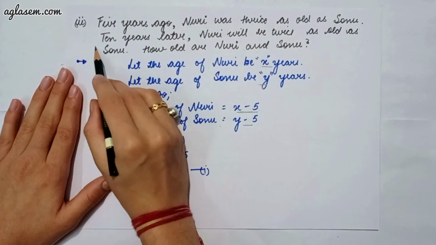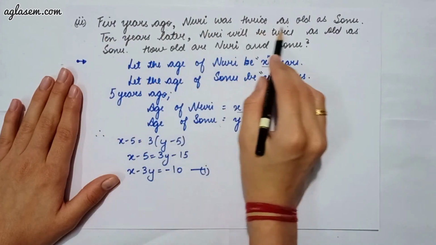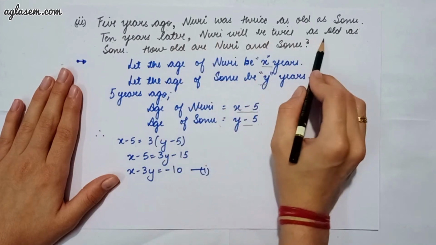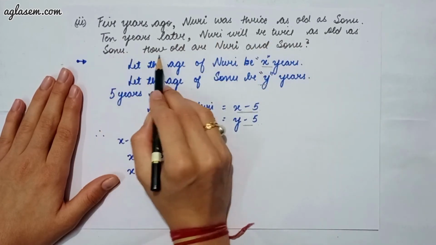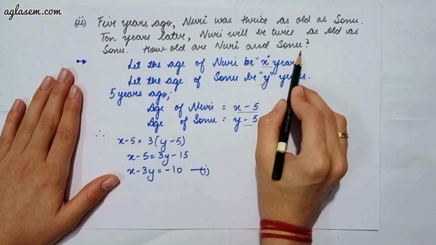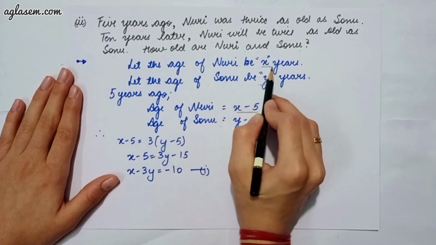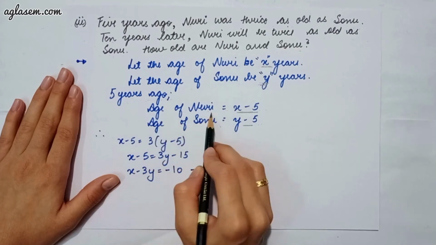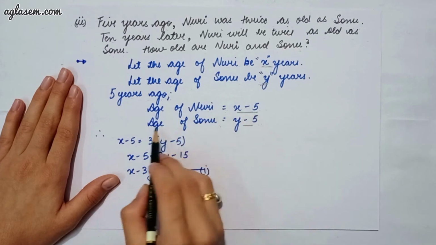Second part says 5 years ago Noori was twice as old as Sonu. 10 years later, Noori will be twice as old as Sonu. How old are Noori and Sonu? So here we have to let the age of Noori be X and the age of Sonu be Y. So 5 years ago, age of Noori is equal to X minus 5 and age of Sonu is equal